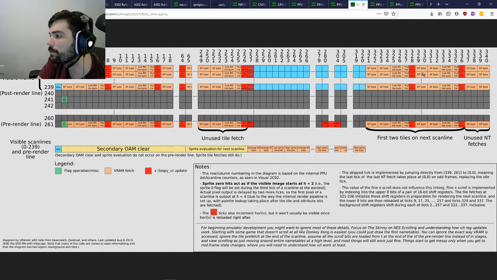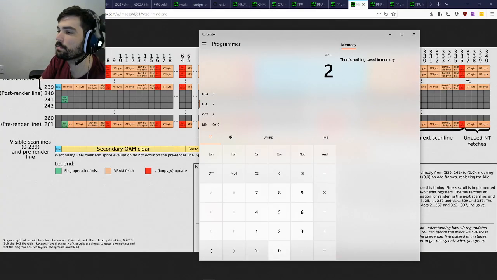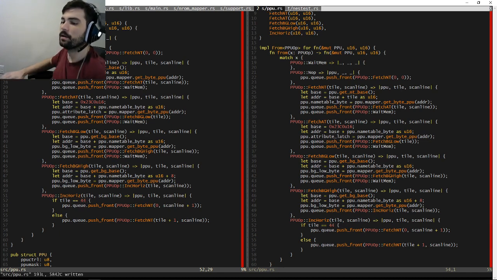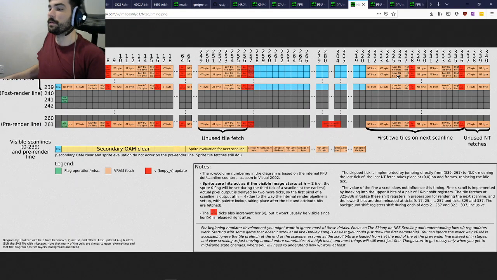But those will just bump the tile number. So if we do 336 divided by 8 plus 2, 44. So if the tile is 44, then we restart the scan line. Otherwise, we push fetch NT, and then